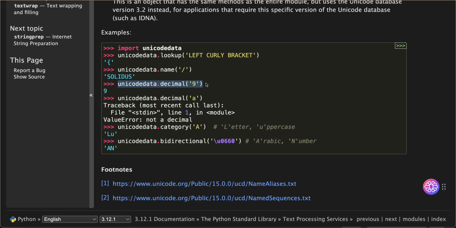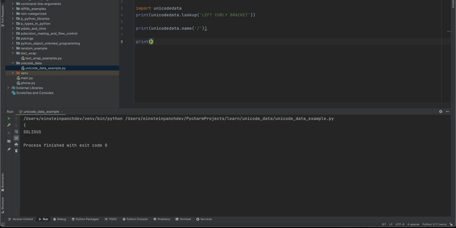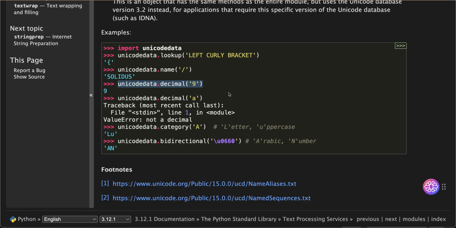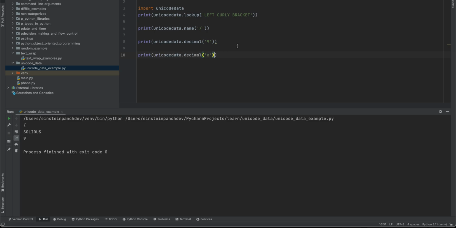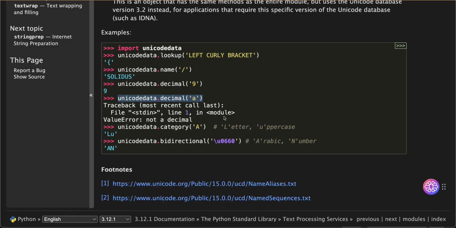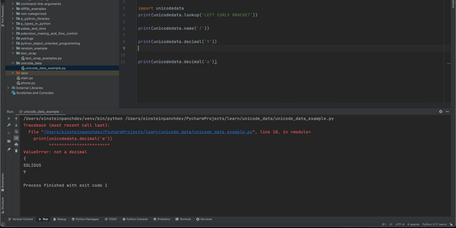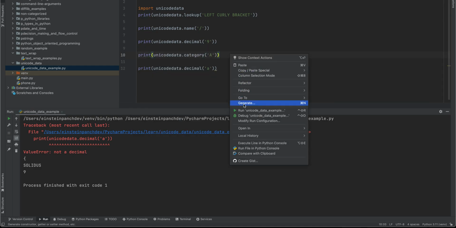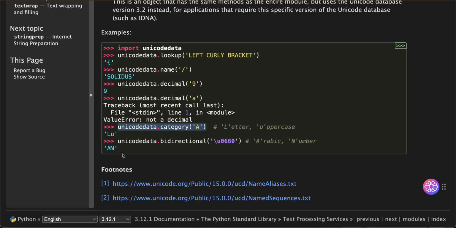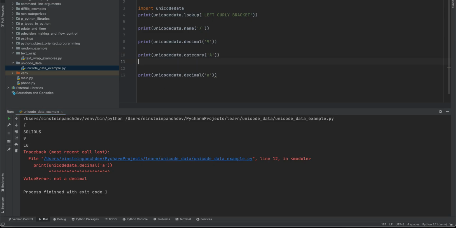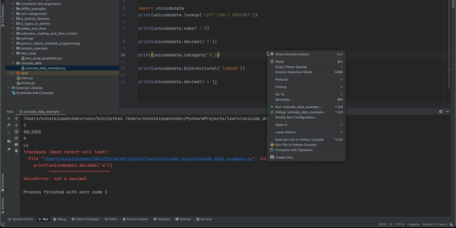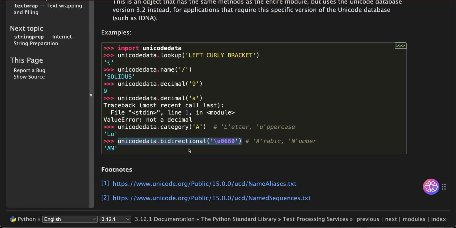unicodedata.decimal('9'): print(unicodedata.decimal('9')). unicodedata.decimal('a') will raise an error because 'a' is not a decimal. unicodedata.category('A'): print(unicodedata.category('A')) gives 'Lu'. unicodedata.bidirectional for an Arabic number: print(unicodedata.bidirectional('\u0660')). Footnotes: